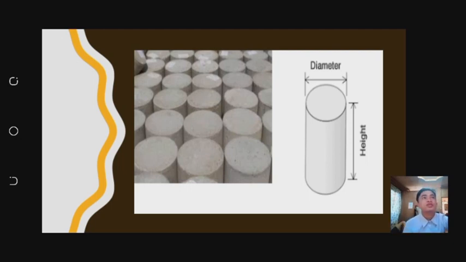Meron tayong cones in both ends. Parang yung kapag i-test natin yung isang bagay, yung specimen ay pa-X siya. Kumbaga parang nagiging cone siya. Pa-X yung nagiging fracture ng specimen. And also